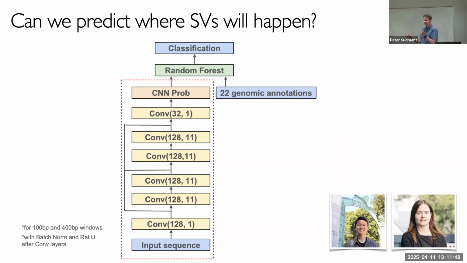What the task is: we basically take a window of the genome, maybe it's 5 kb, or we've tried different windows, and we center it on a structural variant that exists. And then we get a whole list of the ones where we know that structural variants occur, and a whole list of control regions. And then we try to build a classifier that can predict, is there going to be a structural variant in this region? And we've tried this in a bunch of different ways. And this is the model that has ultimately shown the best results.